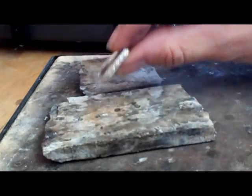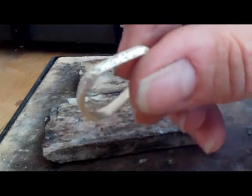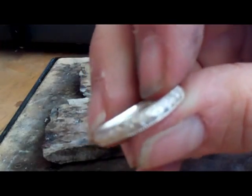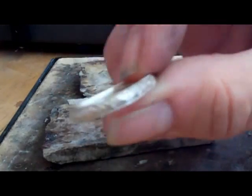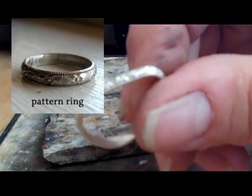This is how I solder a ring with a pattern on it. This is a little, I call it a diamond type pattern. It has actually little flowers and little diamond shapes. And what I have found is that if I try to use my regular method to solder these types of